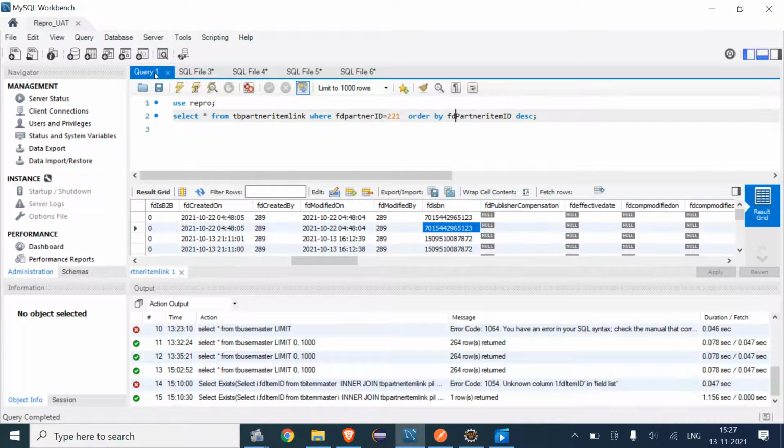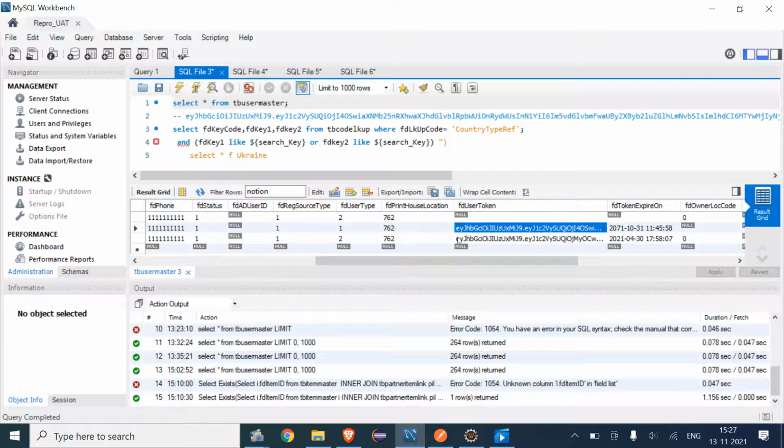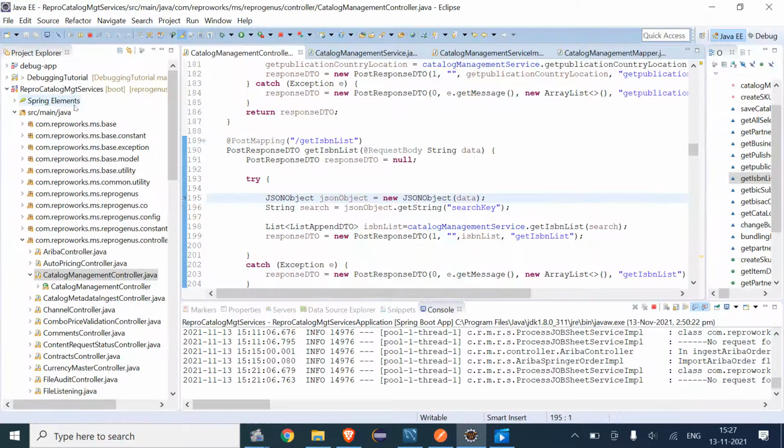All these things are happening because of this authentication, for which I have provided this Notion token. Right now, sir, I have not been allotted the FD user token, so I will ask you to allot me one. I have understood all these things, sir, in these projects. If I have skipped anything, please let me know, sir. I will try to learn that and show you the output also. Thank you, sir.